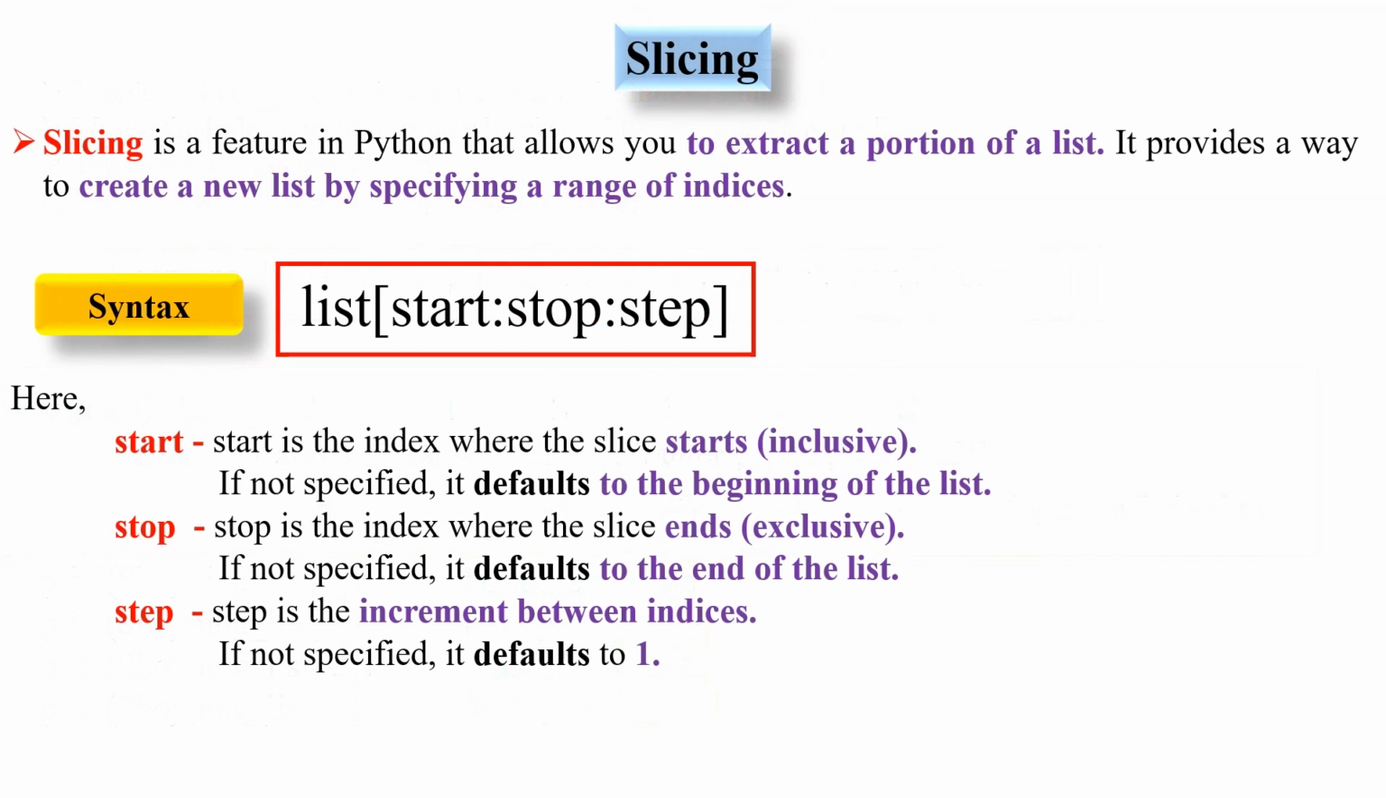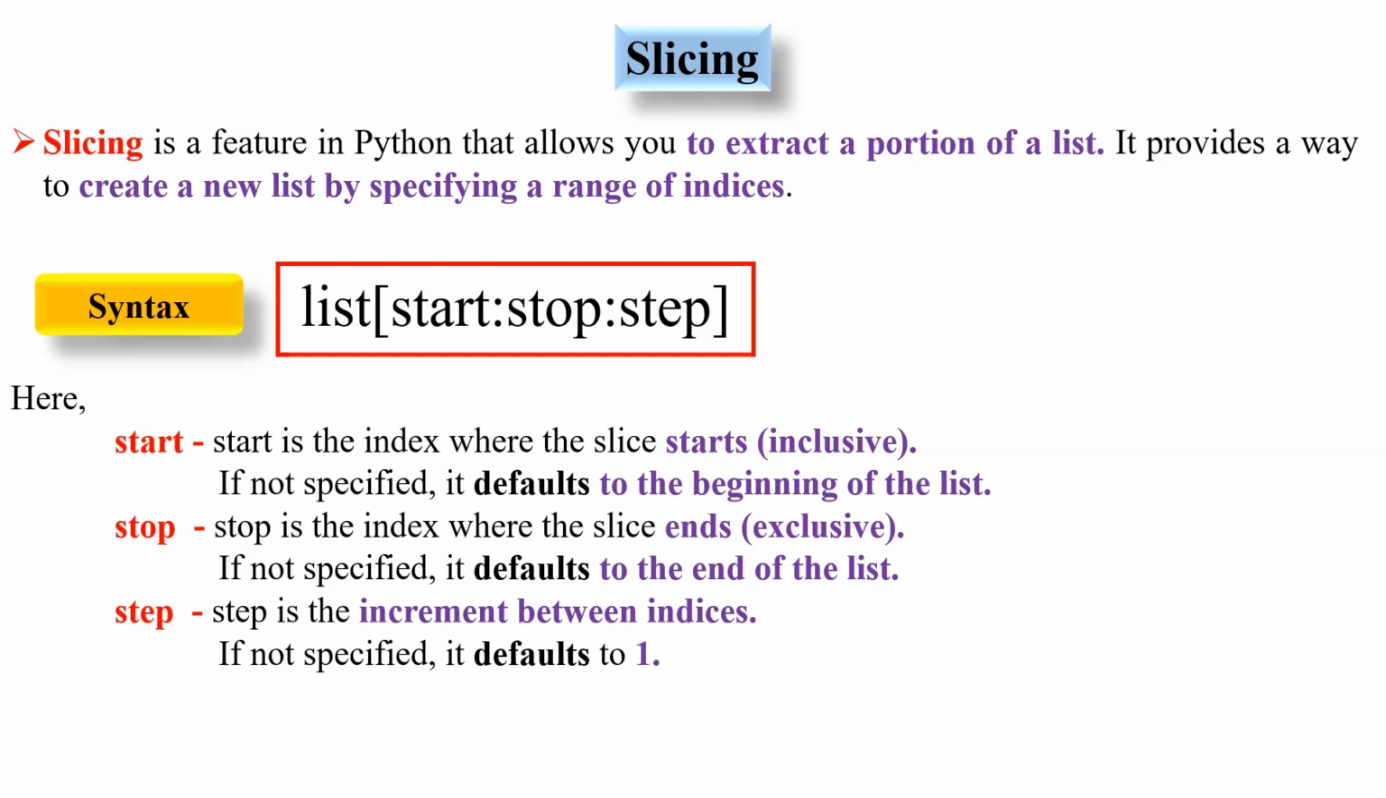Slicing is a feature in Python that allows you to extract a portion of a list. It provides a way to create a new list by specifying a range of indices. The general syntax for slicing a list is list[start:stop:step], where